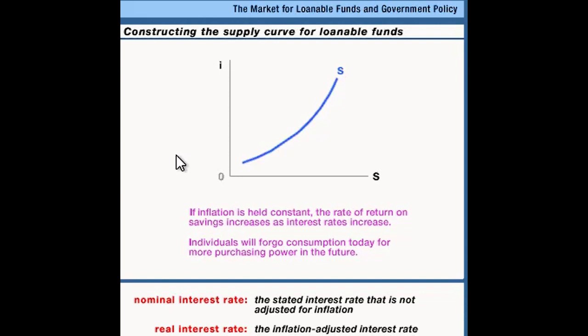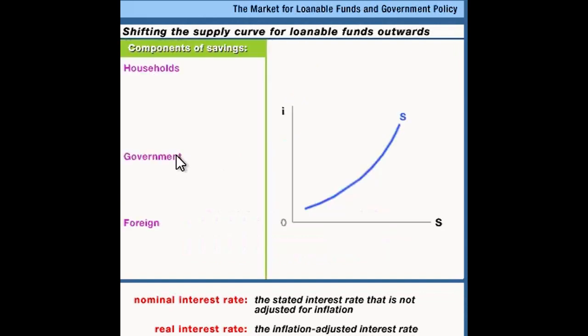If it's taking more in taxes than it's spending in government spending. There's also foreigners, and foreigners are saving if we are running a trade deficit. That is, foreigners are lending us money so that we can afford to buy more from them, importing more, than we sell to them, exports. So if our net exports are negative, we're running a trade deficit, and foreigners are lending us the money that makes that possible. So the savings is the combination of foreigners saving in our economy, the government saving, and household